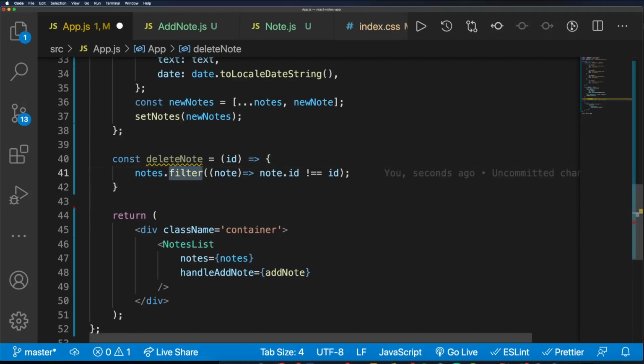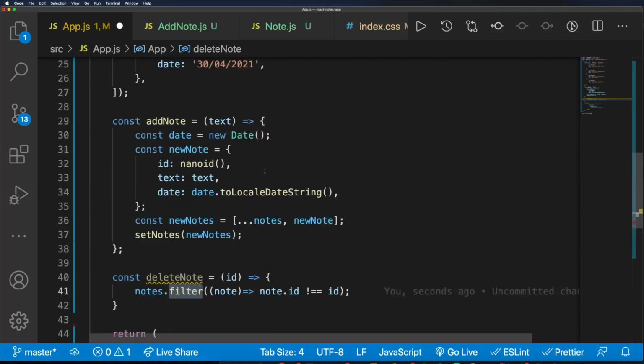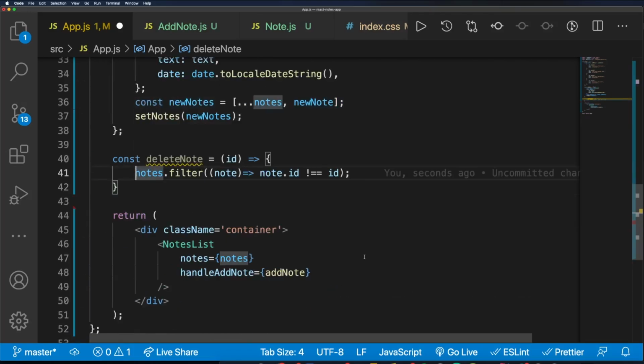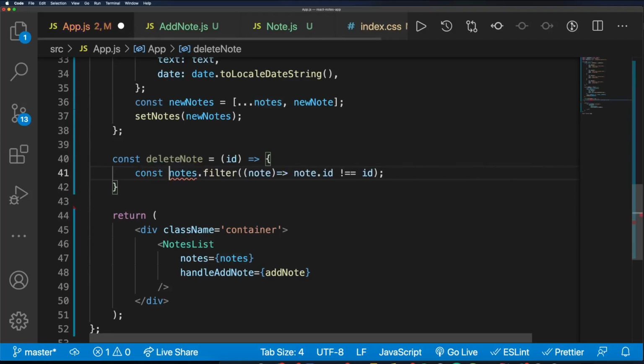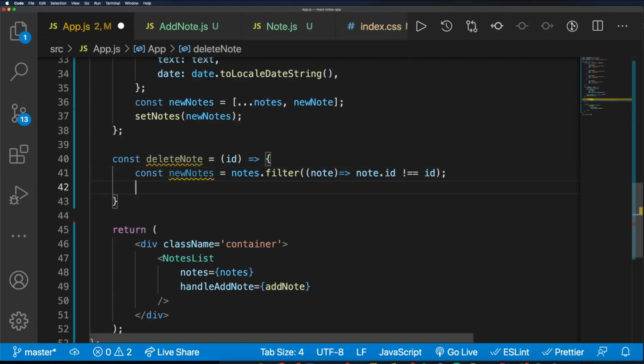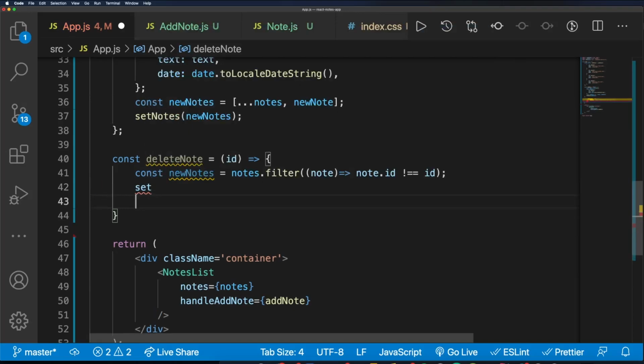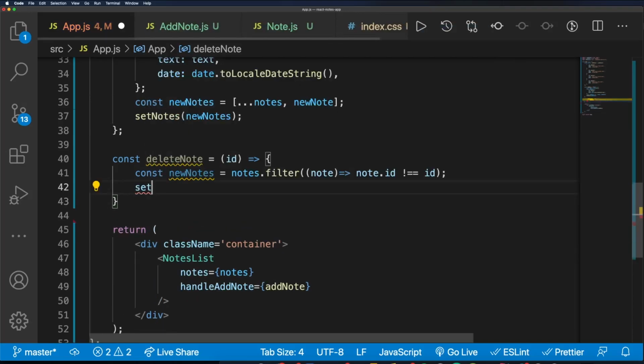So the filter function returns a new array, so we don't have to worry about creating a new array like we did before when we added a note. Instead, we can just assign this to a variable. So we'll say const newNotes is equal to our statement here. Lastly, we will set this in state by saying setNotes